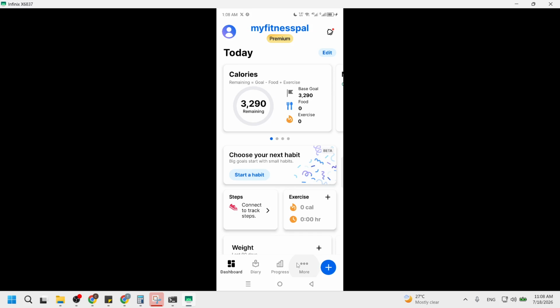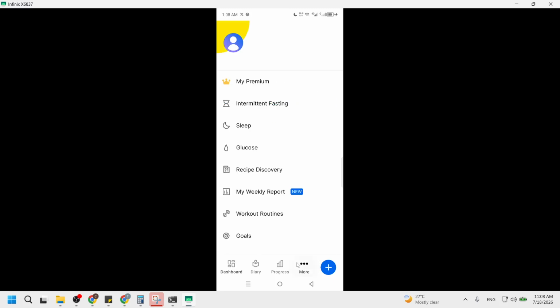Once you are in the app, look for the More menu button located in the bottom right corner of the screen. This button is represented by three dots stacked vertically. Tapping this button will expand a menu with various options related to your account and app settings. This step is crucial because it leads you to the area where you can manage your account, including logging out. After you tap the More menu, you will see additional options appear for you to choose from.